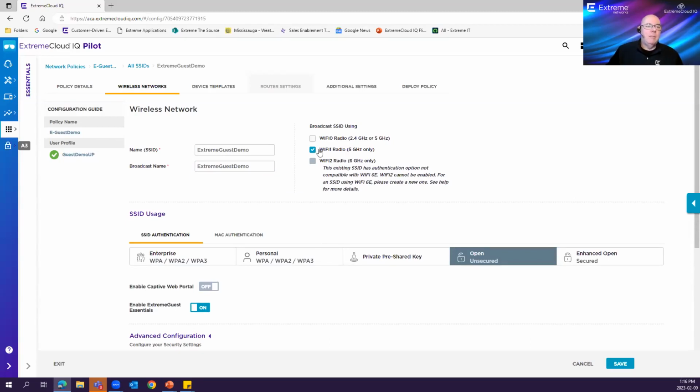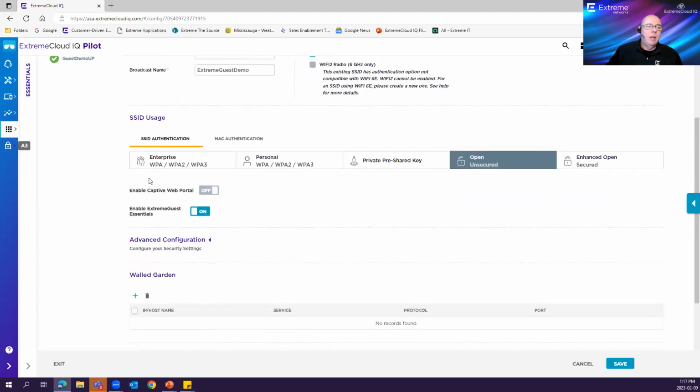I've assigned it to 5 gigahertz. You could assign it to multiple frequencies if you like. If you've got a Wi-Fi 6E access point, then you can put it on 6 gigahertz as well. From these tabs down here, typically if you're brand new, it would open up with private pre-shared keys, and you're going to select it as an open, unsecured guest SSID. And here you have a choice between the internal captive web portal, which is built into XIQ itself,